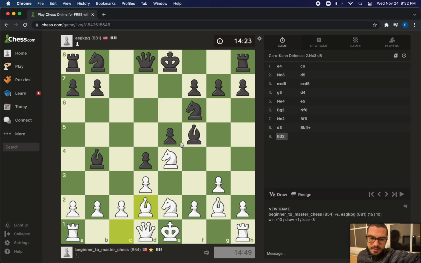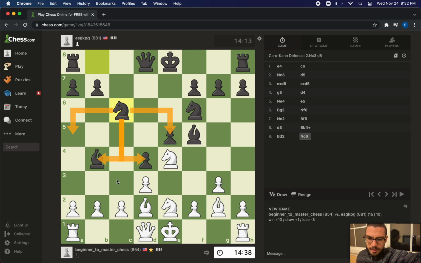Actually, I don't like that, because then if he takes and I take back, then I got a pawn sort of stuck here, so maybe I don't like that as much as I thought. What's coming next from him? Okay, knight. Knight's coming into the game. Developing move. Where can he go from there? He really doesn't have any great places to go from here. Maybe he's going to think about